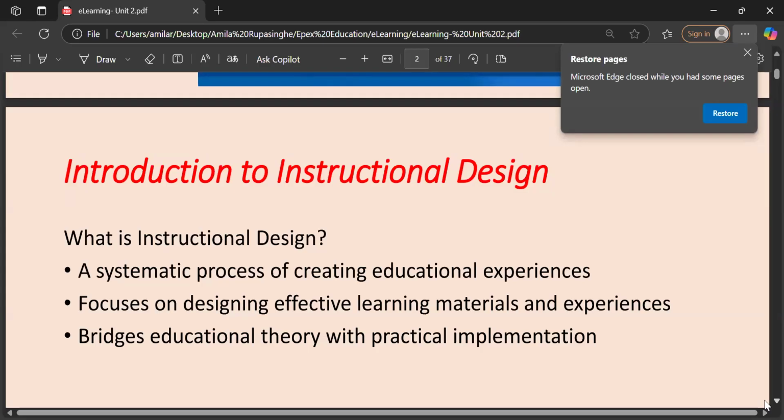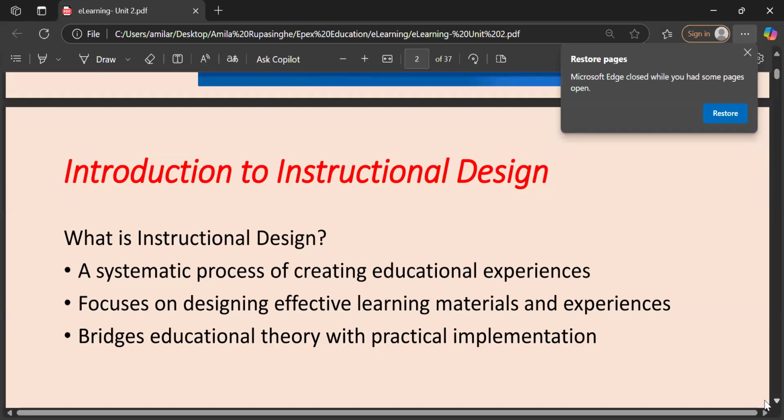If I give you some e-learning material online, you read that online. So in instructional design, you have to decide everything, including these learning materials and teaching methodology.